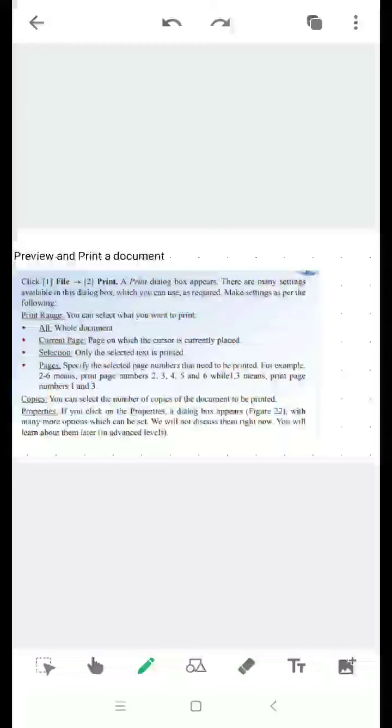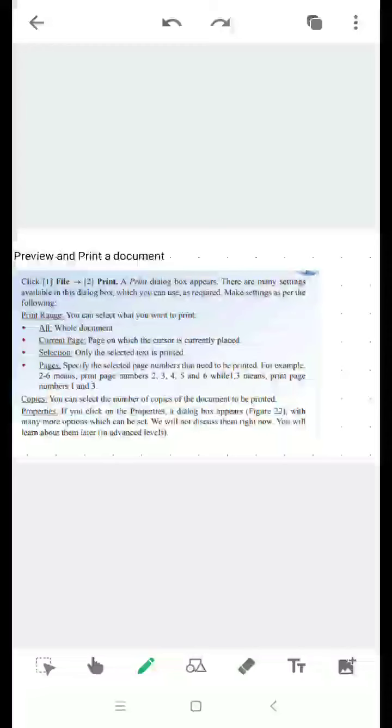Let us see once again preview and print a document. Preview is nothing but pages are shown how it would appear after printing it. A printed output of a document is called a hard copy. When we are working on it, sometimes we need hard copies of the work we have done. So MS Word is allowing us to preview a document before printing, and it also allows us to print the document with multiple features.